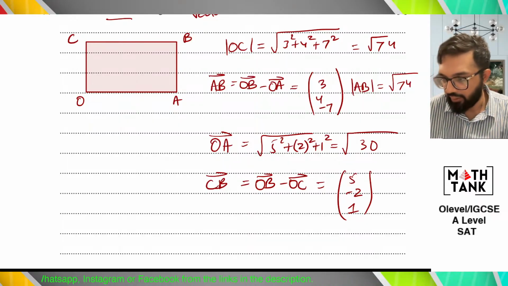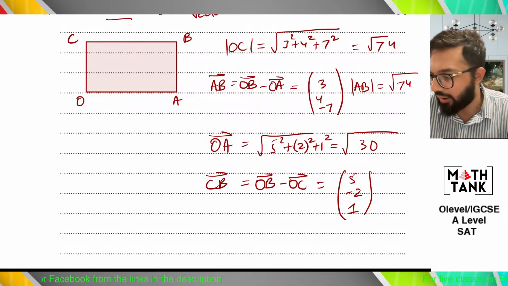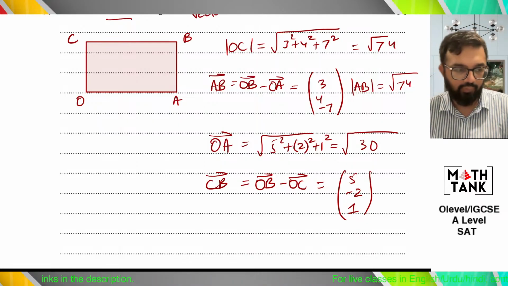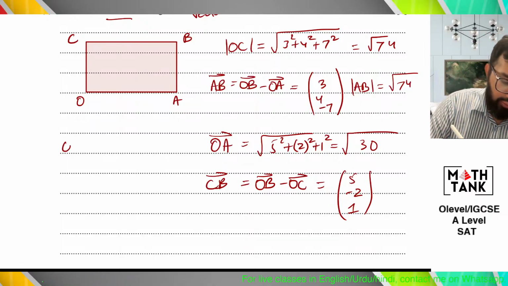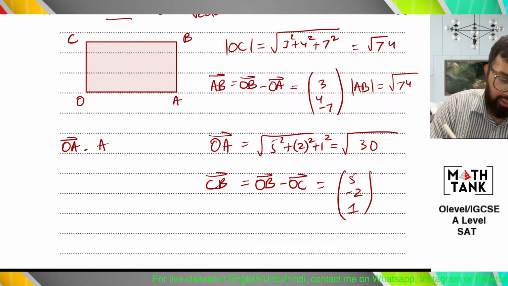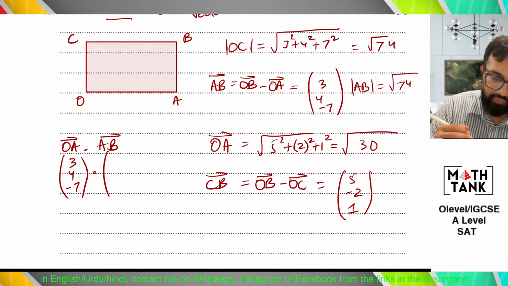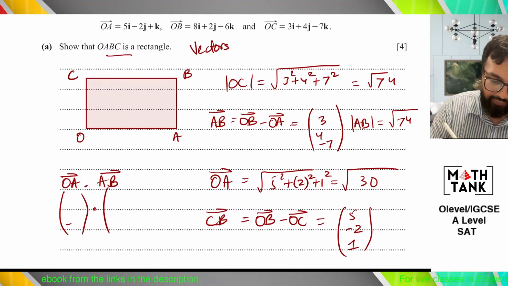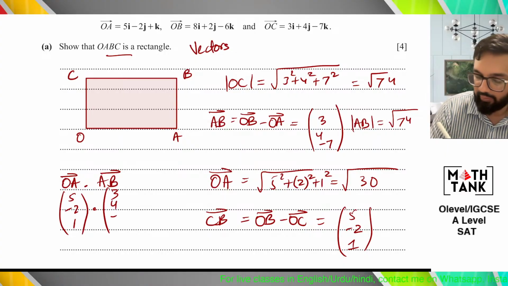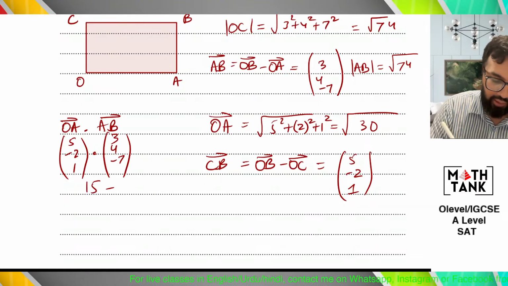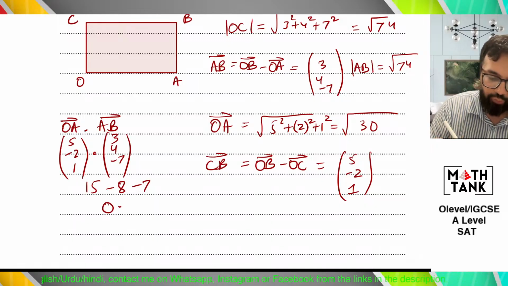अभी if you've done that in one question it wouldn't matter, अगर सारे क्वेश्चन में किया है तो फिर कटेंगे once। तो OA dot AB, let's see if our vectors are perpendicular। We need OA was 5 minus 2 and 7, 5 minus 2 and 1, 3 4 and -6। Dot product निकालेंगे 15 minus 8 plus 7 -7, that gives you 0, that proves perpendicular।